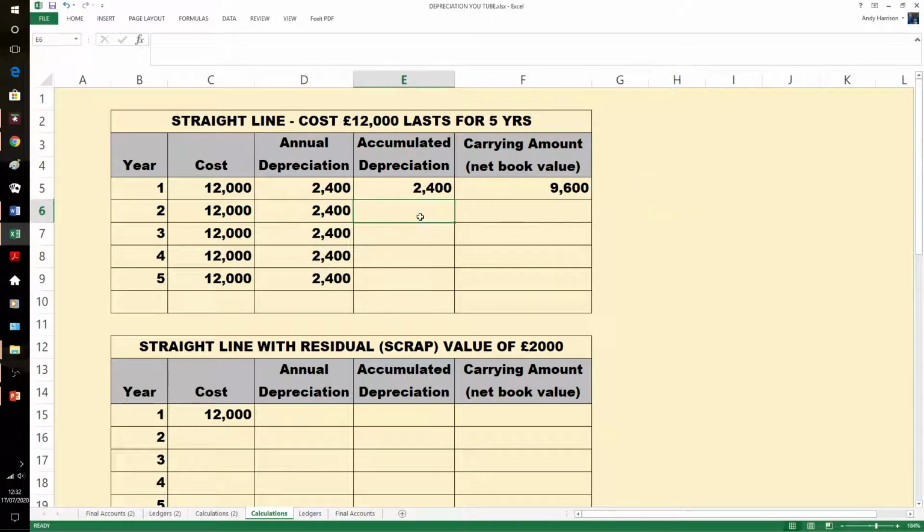But our running total will now increase. So at the end of year 2, we have our opening balance effectively. You'll see this on the ledger accounts as well. And our running total is now 4,800, which means our carrying amount has dropped to 7,200. And in fact, that will just happen again. Another £2,400